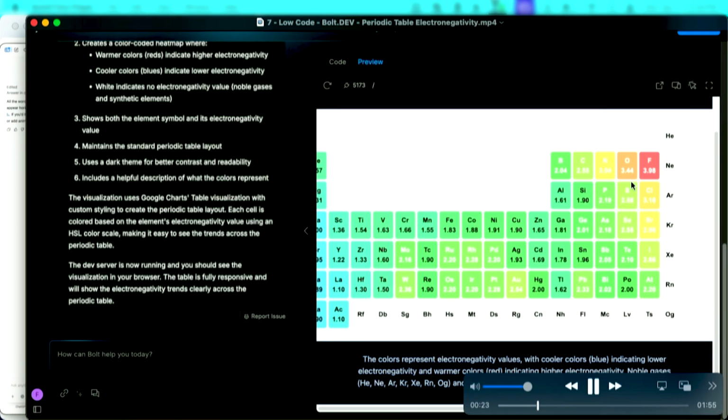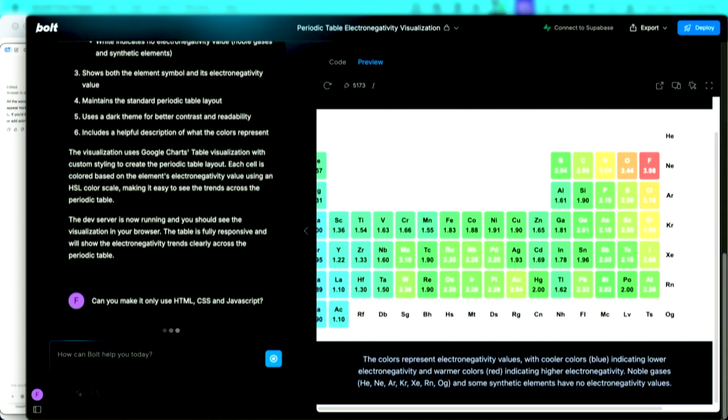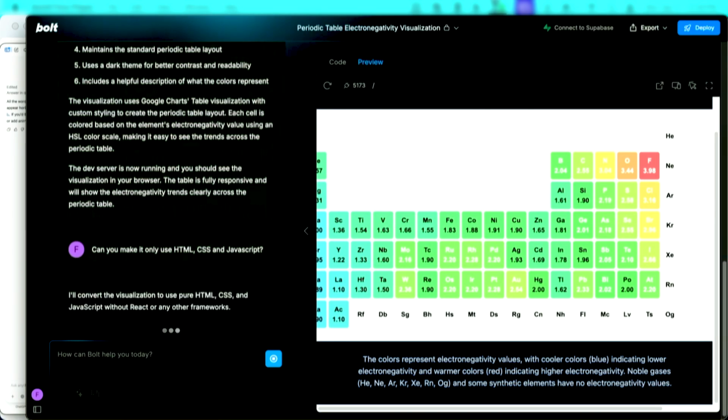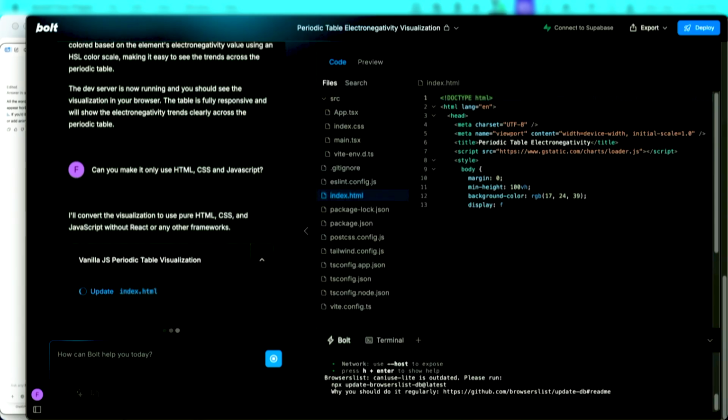So there are more reactive gases, and those get a higher electronegativity. And all the physics professors here are going to email me after this, so I apologize. But it's a static visualization, and it created this for me. And so I could take this and include this in my class or in my book. Of course, I should say that this was generated using AI, but it belongs to me.